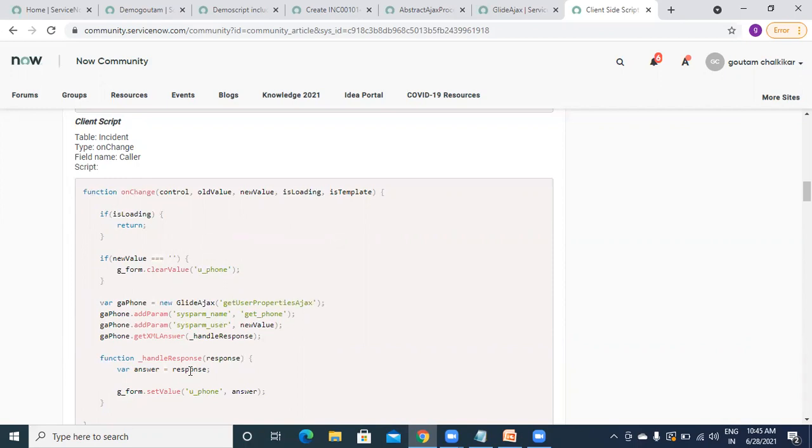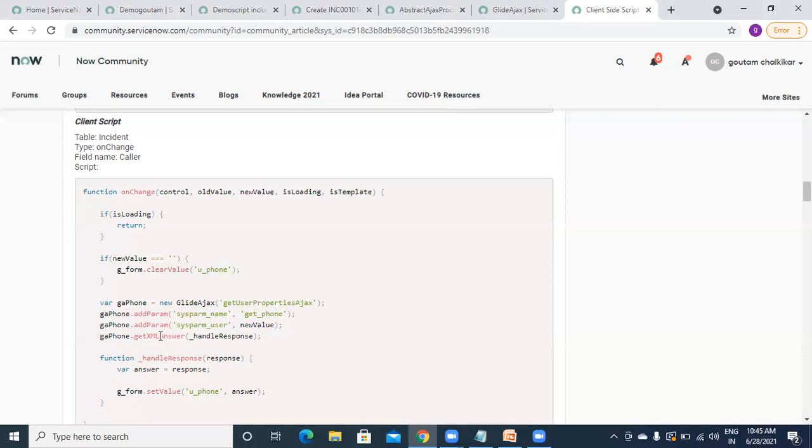Response dot response XML, all those things. No need to write that. Instead of that, directly you can write a response, so you will get that answer here, and that is because of get XML answer. That is the only difference, but preferred is get XML.